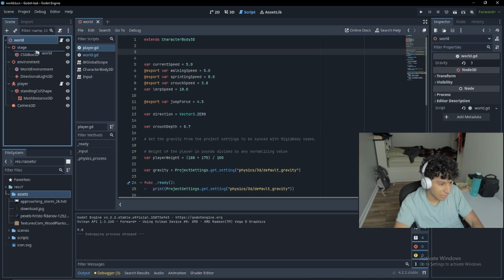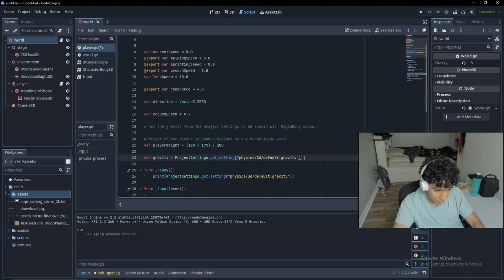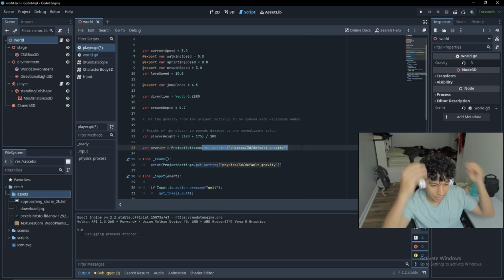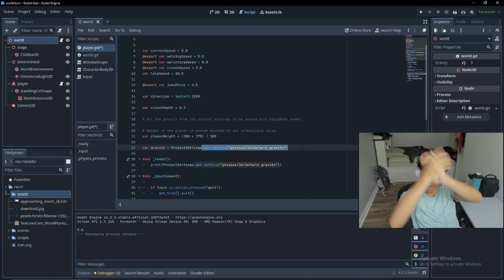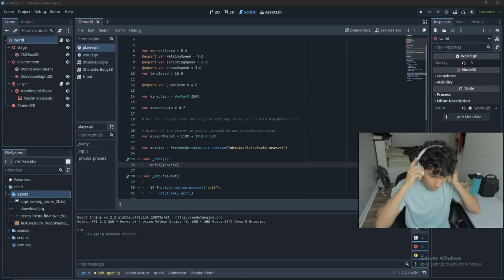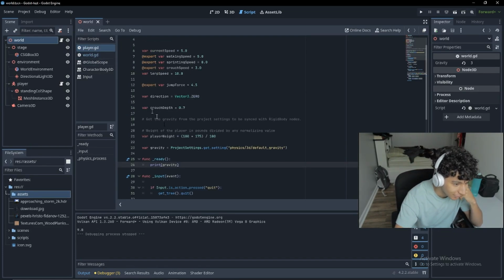Wait, is that even allowed? Can I even do that? Row dot. So project settings is going to be, gravity is going to be equal to. Okay, all right, okay. It's frozen. All right, I gotta figure out what gets executed first, this or this. But for now, I'm gonna say,